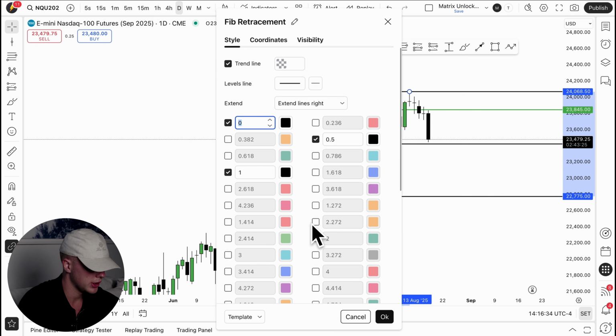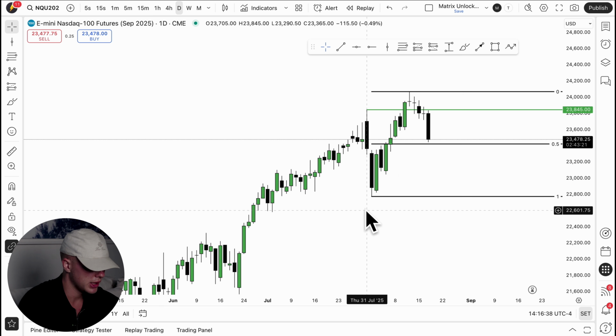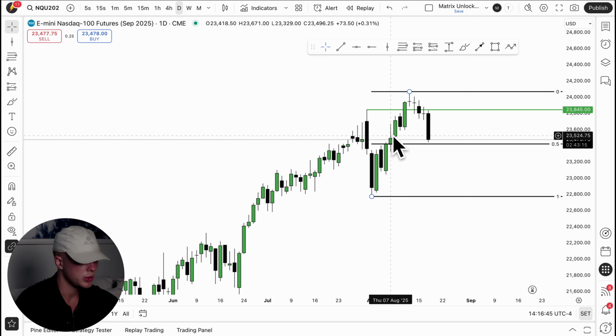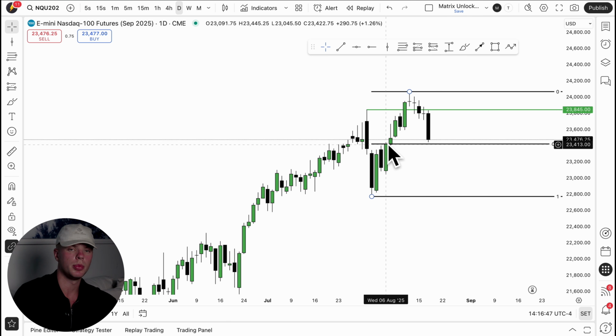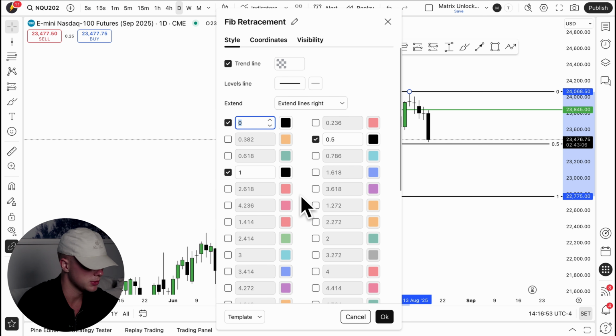I'll just make sure that the text is on the right so that you can actually see it. I have 0 up here, 1 down here, and you can see that 50%, which is equilibrium, the middle point of that dealing range, is shown right here.